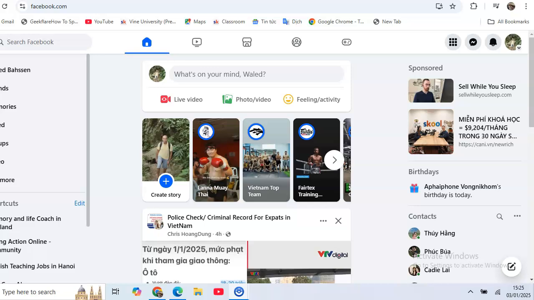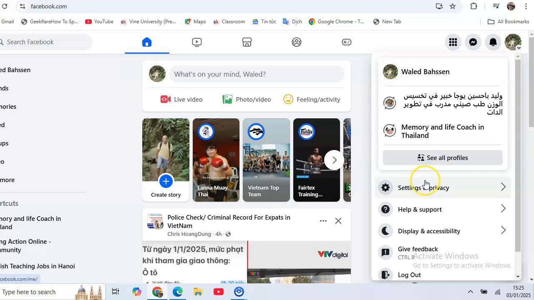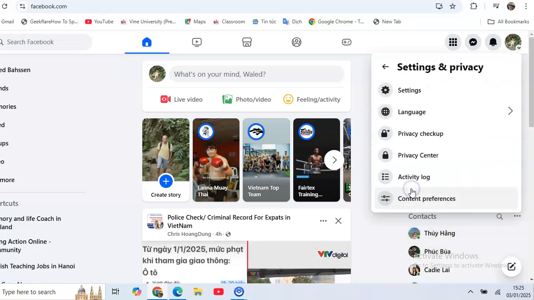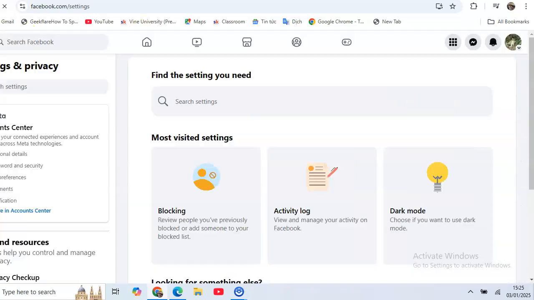Okay, how to hide friends list on Facebook on laptop. First just go to Facebook and then click on your profile icon. After that click settings and privacy and then click settings,